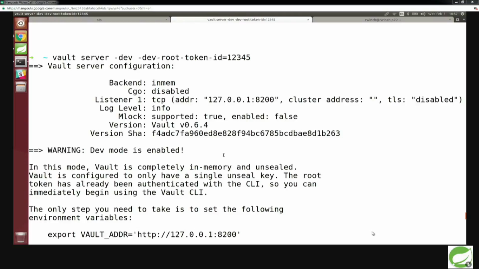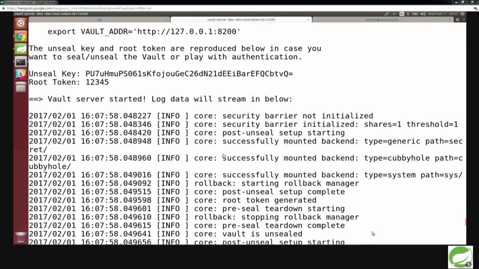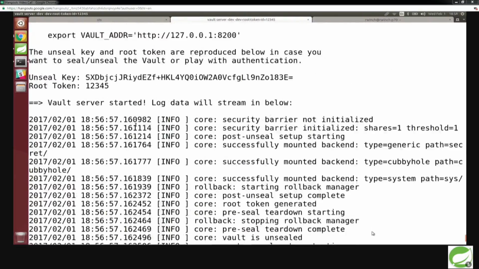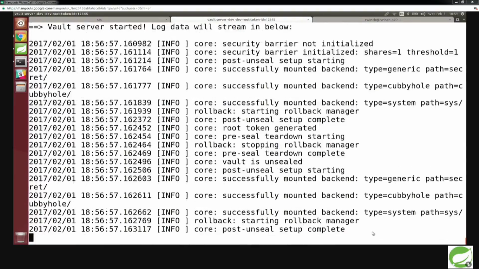And you'll see down here that dev mode is enabled, and it says that our root token is 1, 2, 3, 4, 5. And it also says somewhere in here that it's unsealed. And yeah, I wasn't going to really worry about seeing it, but I guarantee that's a dangerous statement. It says unseal somewhere. But we'll talk about what sealing and unsealing means in a little bit, but right now we're just using dev, which is not fit for production, and we specified that token.